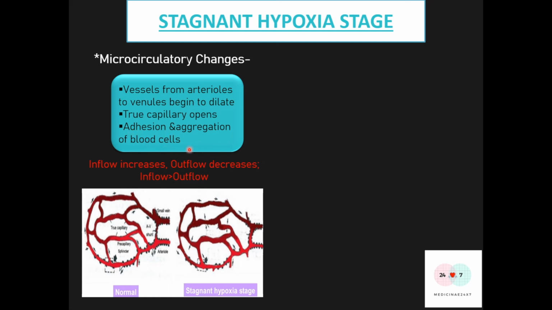Why is that? We mentioned before in the basic physiology of microcirculation that the blood velocity in the true capillaries is very slow. And if there is increased dilation of the precapillary sphincters or the arterioles behind it, the blood flow decreases even more. And whenever there is a decrease in the blood velocity inside the true capillaries, there is stasis of blood, leading to aggregation of several